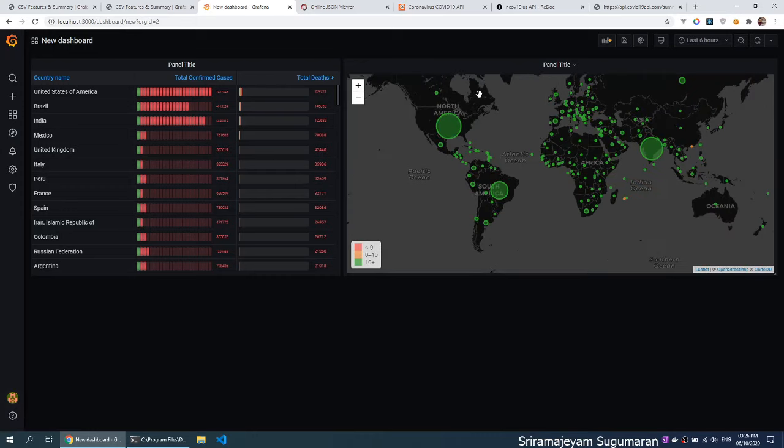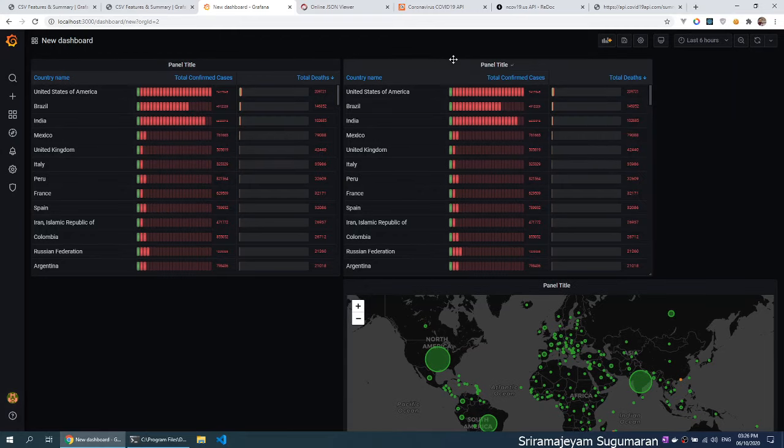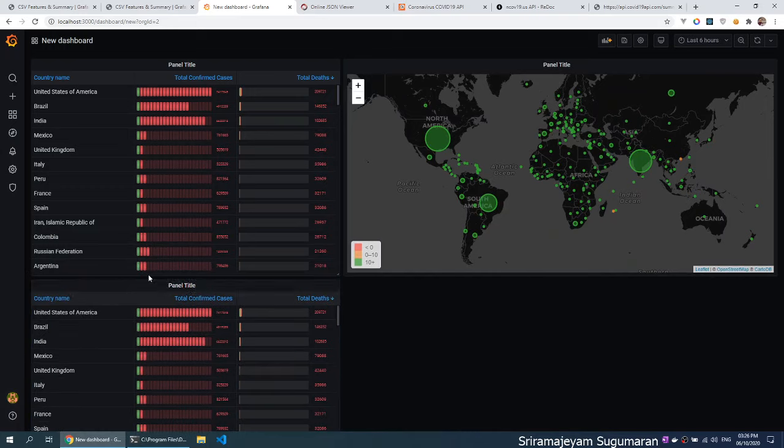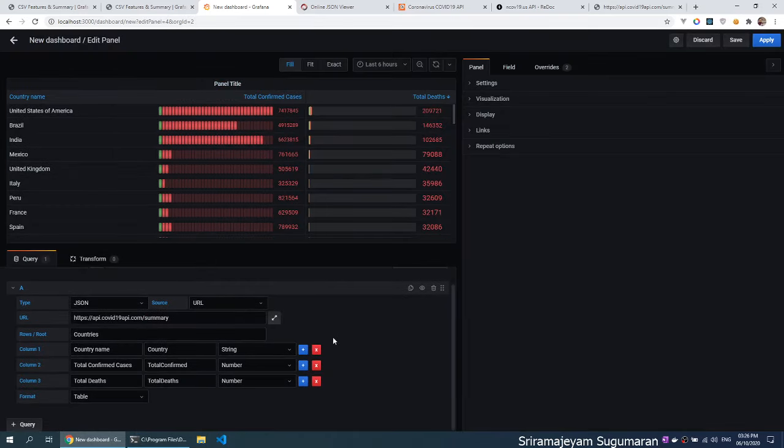In the same way we can build the same data into multiple different formats. Now you can do all the other usual Grafana UI stuff. Let's see if we can convert this into a pie chart panel. So let's duplicate this. I want only one number column.